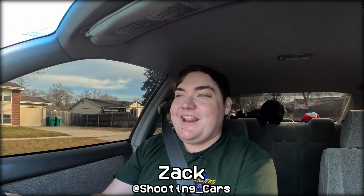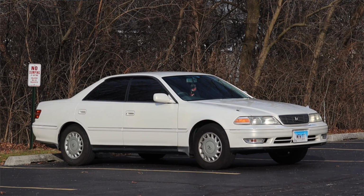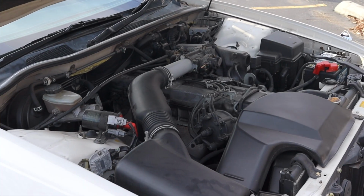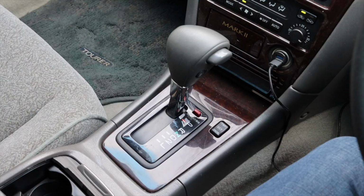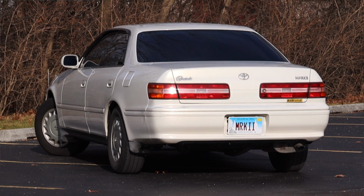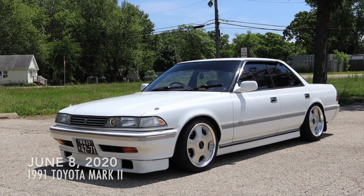What's up guys? My name is Zach and today I am driving a 1997 Toyota Mark II Grande. Up front is a 2.0 liter inline six. Down below is a 4-speed automatic transmission. Now I'm super excited to be driving this Mark II because it's been a long time since I've driven a